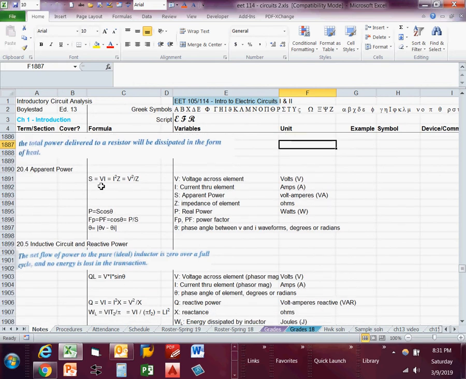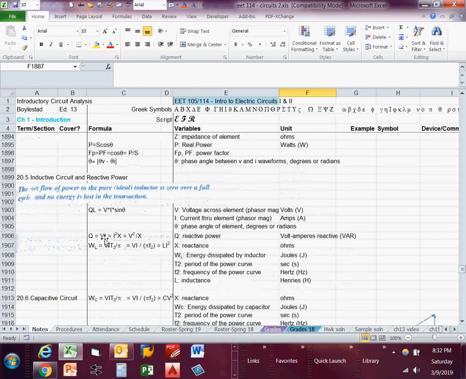Apparent power. S equals VI equals I squared Z equals V squared over Z. V is the voltage across the element in volts. I is the current through the element in amps. S is the apparent power in volt amperes. Z is the impedance of the element. P is equal to real power in watts. P equals S cosine theta. Power factor equals cosine of theta, or P divided by S. Theta is the phase angle between V and I waveforms, which is the absolute value of theta V minus theta